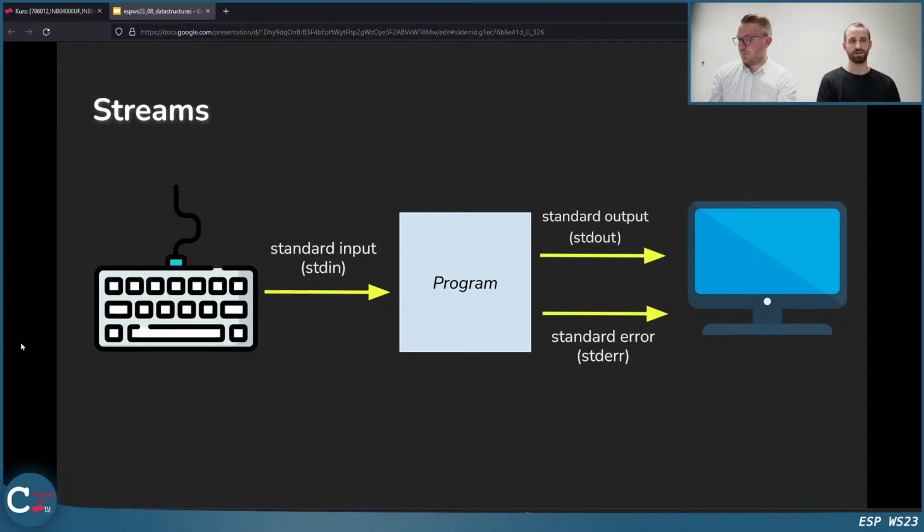And if you have an IDE, for example, sometimes there is something marked red in the output. This is most likely from the standard error stream, and then the IDE can interpret it and mark it in another color, for example. It's good because then you can have the distinction. Output can be everything that went good in the program, and standard error is everything that went bad, like cannot read a file, cannot allocate memory. These things can be printed on the standard error. But in our assignments, we do not allow it.